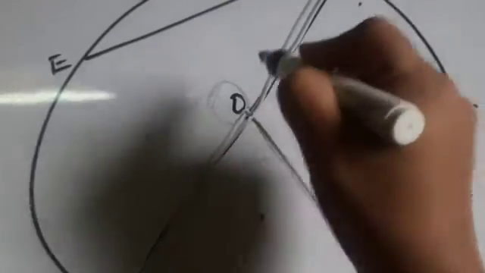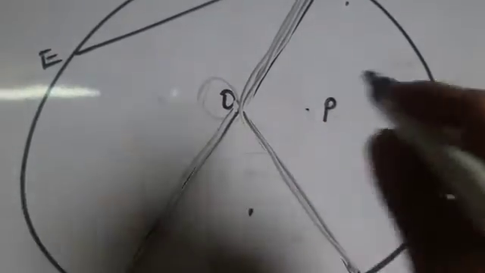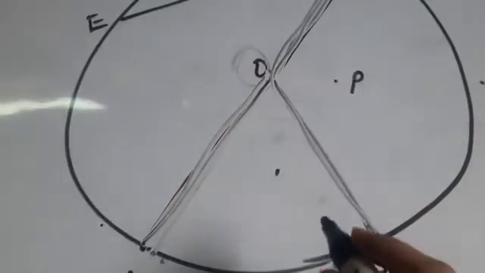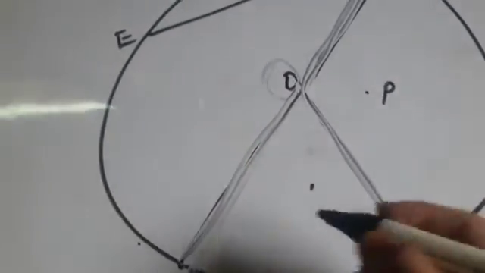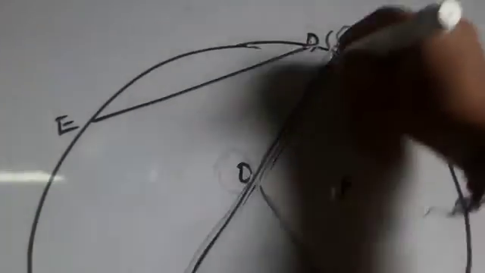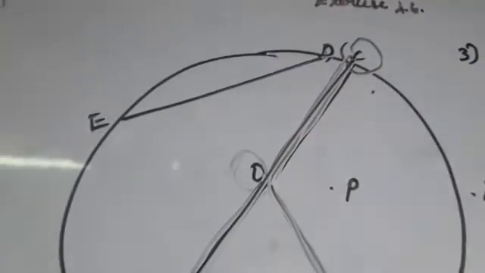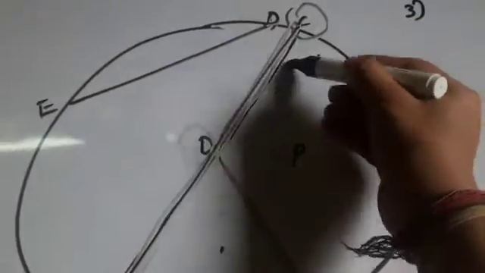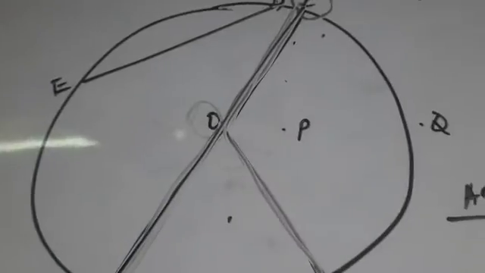Point is O. From O only, all the lines get connected. So, these are the radii. The third question they have asked is diameter. Diameter is double the size of the radius. See here, it is double the size of the radius. So, the diameter is AC. AC is the diameter and it is double the size of the radius.